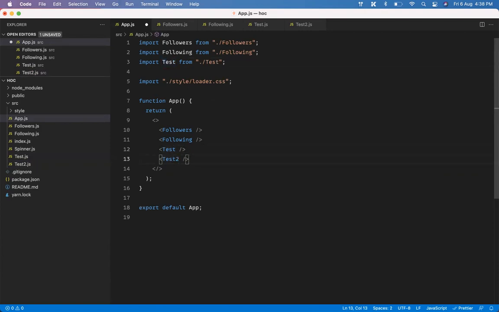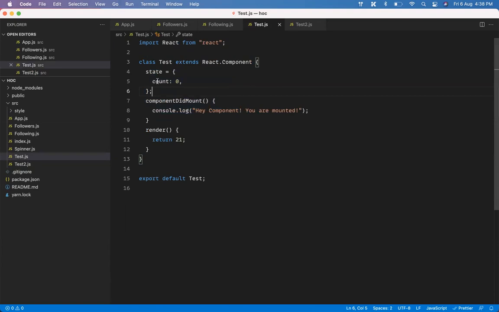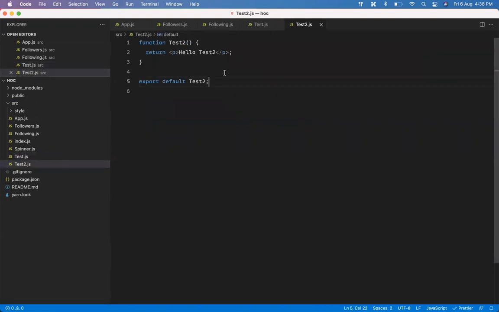Now if you go into your UI here, app, you have test, I will need the next component that is test2, and I'll import it here. Now see what it is going to do. The test component does two things. It has a state called count, then it has component did mount logic that is going to log a message saying, hey, count component, you're mounted. In test2, I need the same thing here.